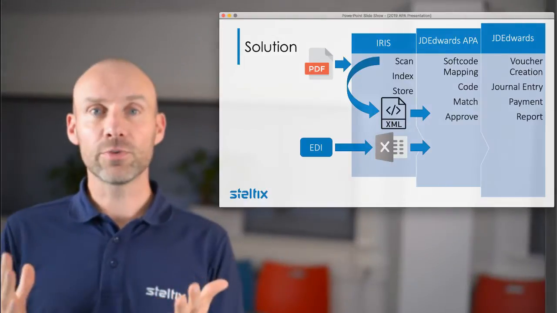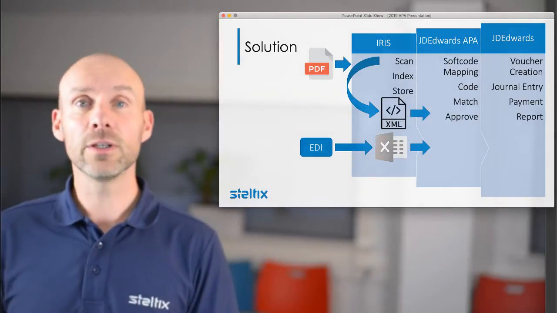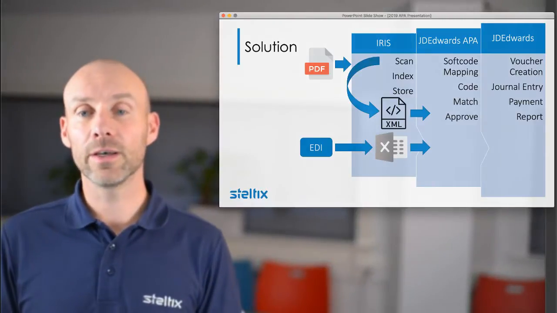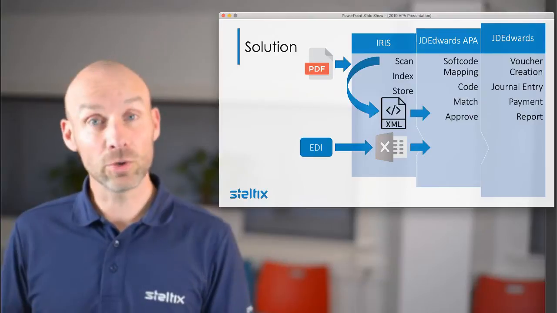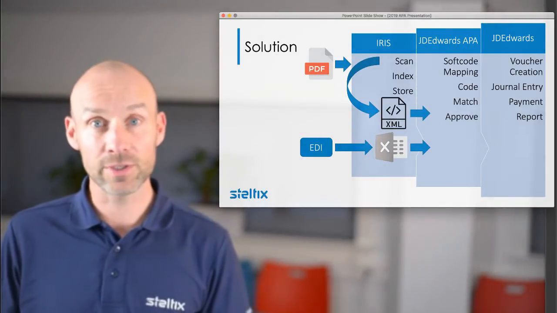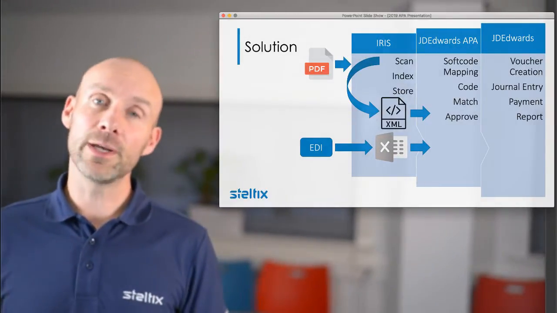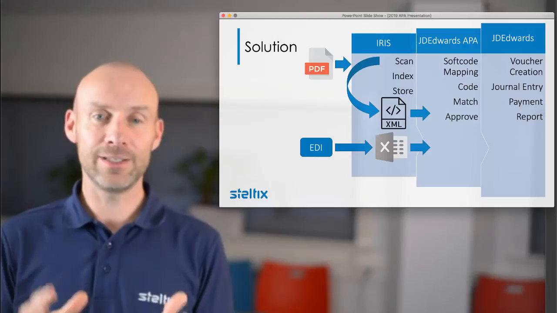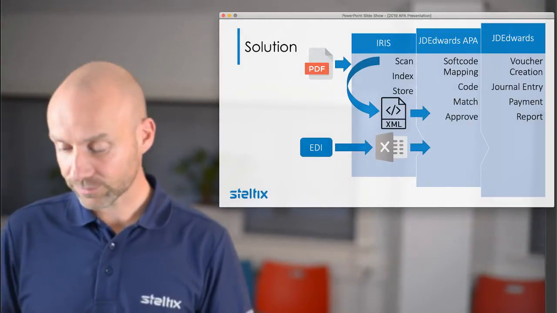We use this information that is captured by the OCR solution and validate that in the APA workbench. We can also enrich this information in there using JD Edwards data. And if everything is okay and correct, we make sure that it lands nicely and is processed in JD Edwards.